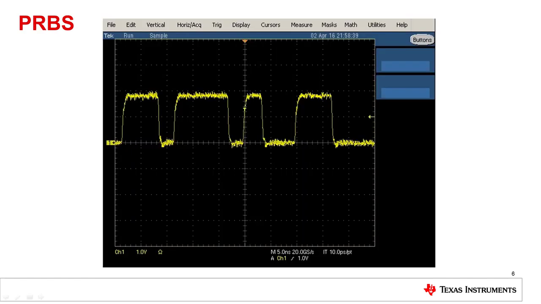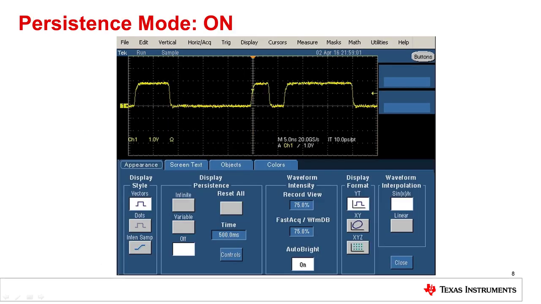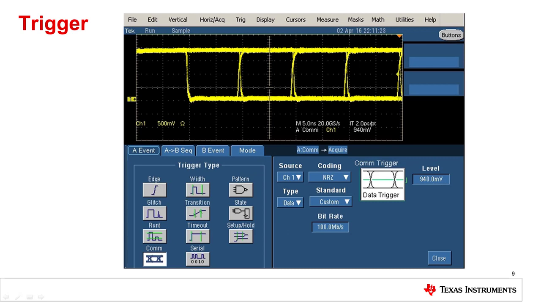The PRBS is shown in the oscilloscope from the output of the receiver. To have a signal sample over itself, persistent mode must be turned on. This can be done through the display settings, in which the display persistence is turned on indefinitely. To have an image hold still to make measurements, in advanced trigger settings, select Communications Trigger in order to generate an eye diagram. The level of trigger should be placed at the halfway point of your signal.